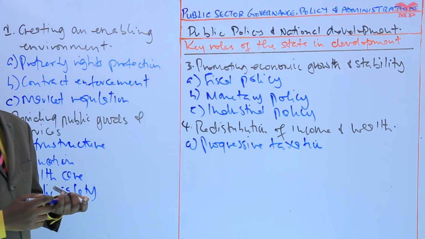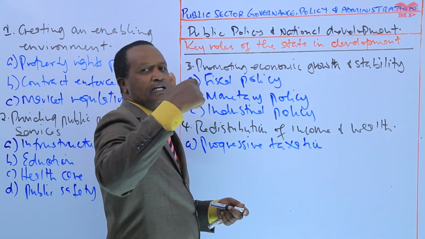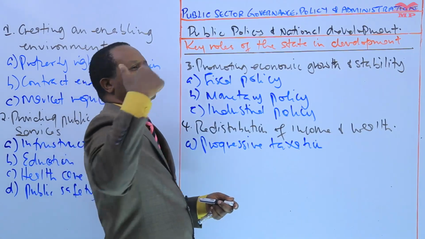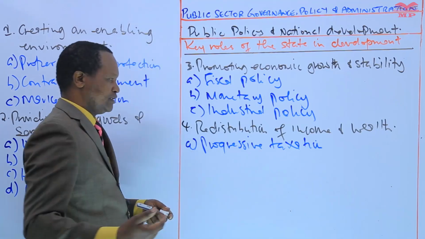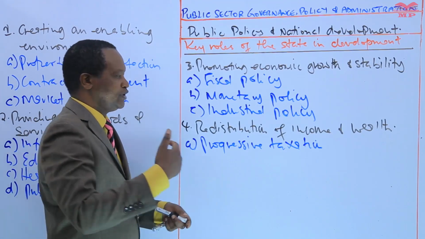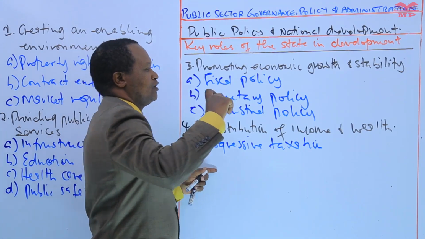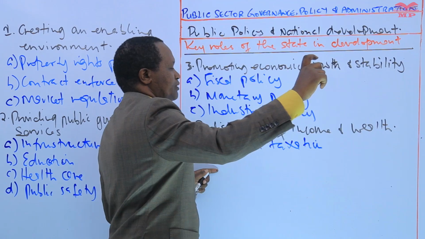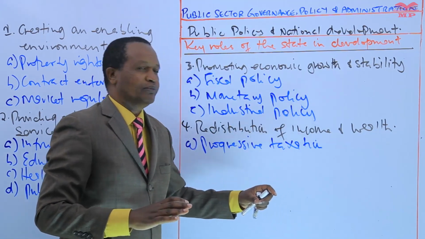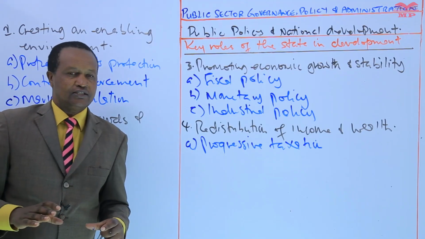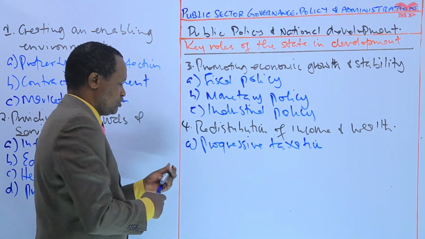Progressive taxation. That is to say, taxing high income earners at high rates and taxing low income earners at low rates. That is a progressive tax system which can be used to redistribute income and wealth. That means the wealth of the rich individuals can be taxed and then redistributed to other members of the society. Progressive taxation. Then number 2, we have